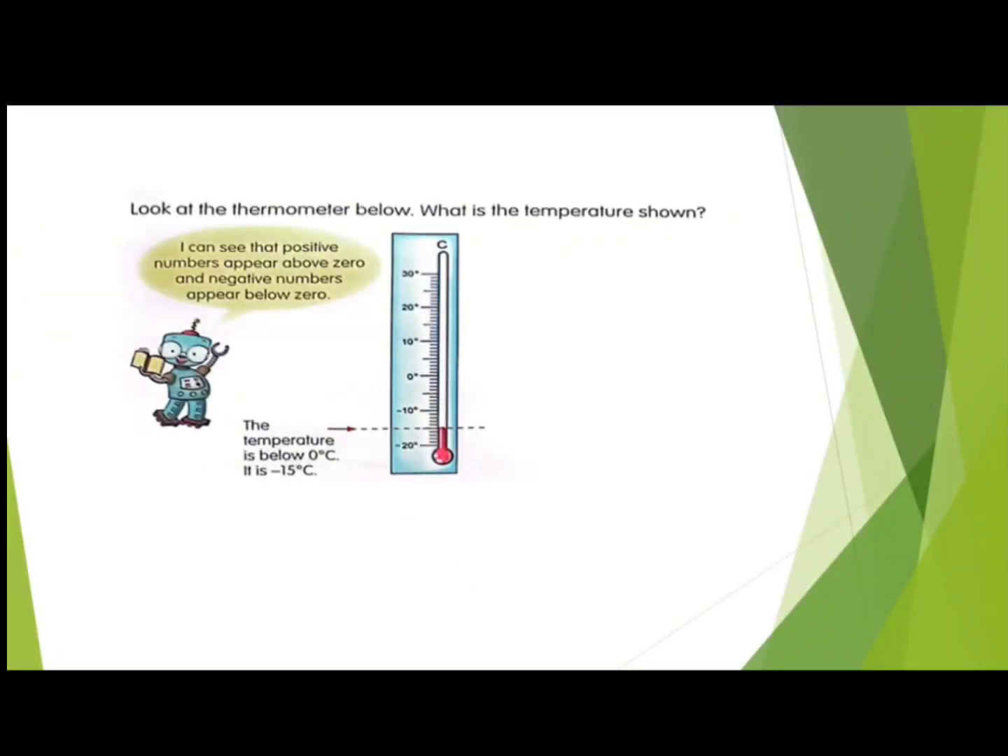Look at the thermometer below. What is the temperature shown? I can see that positive numbers appear above 0. This is the 0. So all positive numbers are above the 0, and negative numbers appear below 0. Let's see the temperature here. The temperature is below 0. If we count, this is 0 and this is -10, then -11, -12, -13, -14, -15. The thermometer says that the temperature is -15 degrees Celsius,